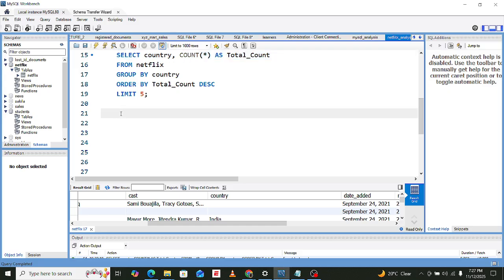Just going to start with select. That is, select country, and then count as the total content. In fact, we can just use total underscore content.